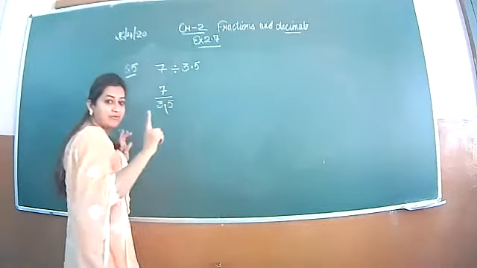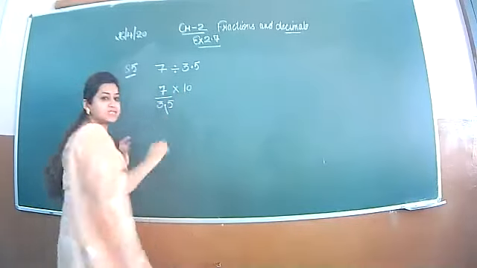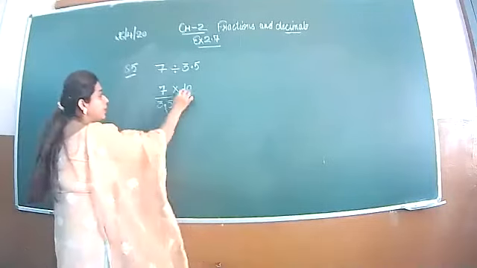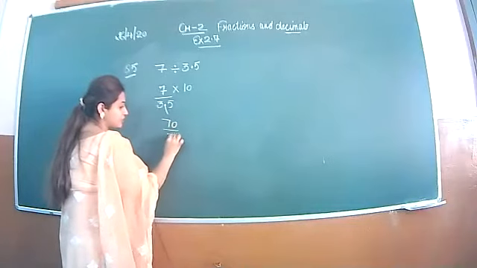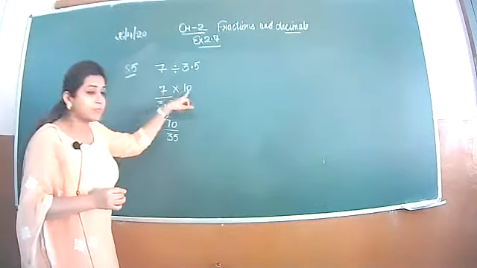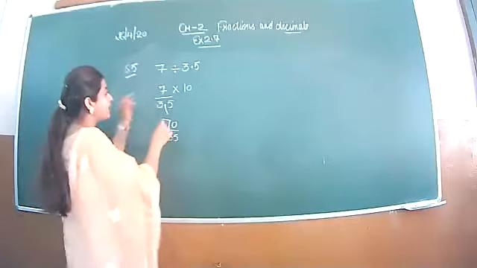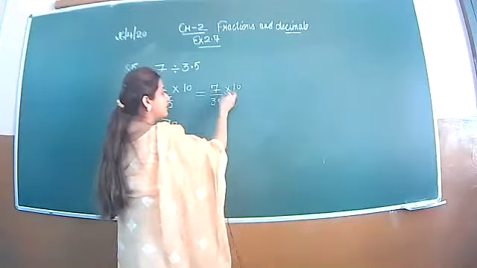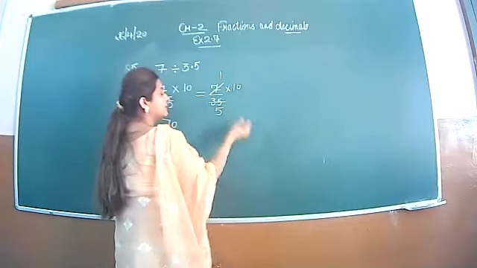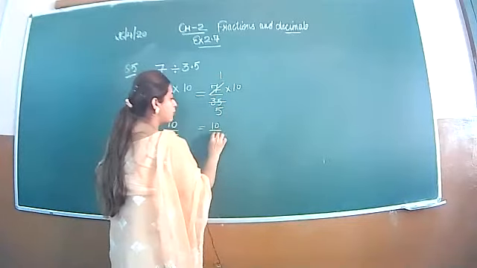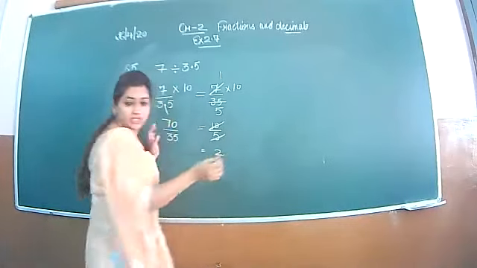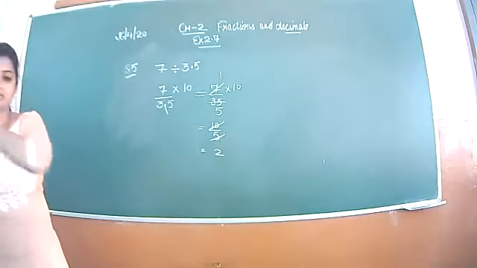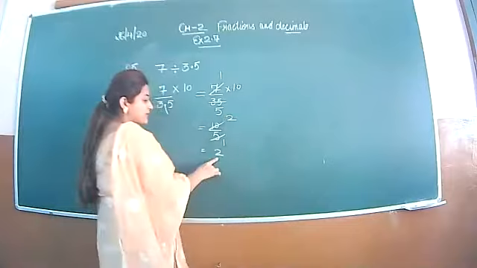Now, remove this decimal. After the decimal, I am having 1 digit. So you will multiply here with 10. Is it clear? Any doubt, beta? Now, this will become 70 upon 35. I have multiplied this, but it's your wish whether you want to multiply. Otherwise, you can proceed in this manner also. No need to multiply these two numbers. 7 ones are 7, 7 fives are 35. Now the answer becomes 10 upon 5. So when you divide this you will get 2. No need to multiply, okay? You can move in this manner also. 5 ones are 5, 5 twos are 10, answer is 2.